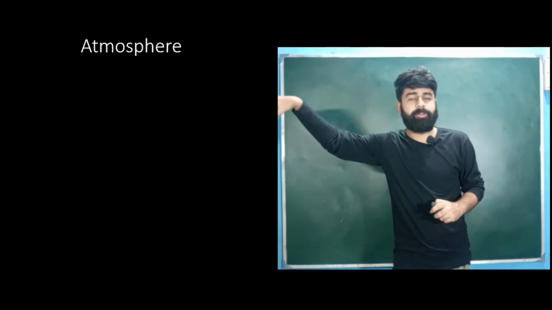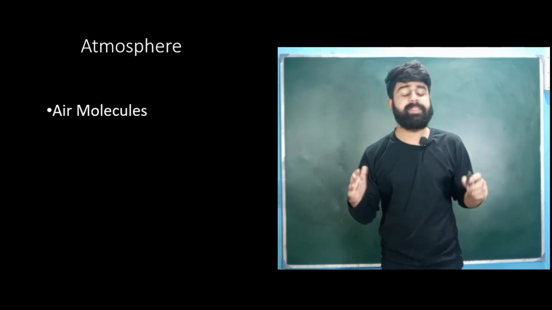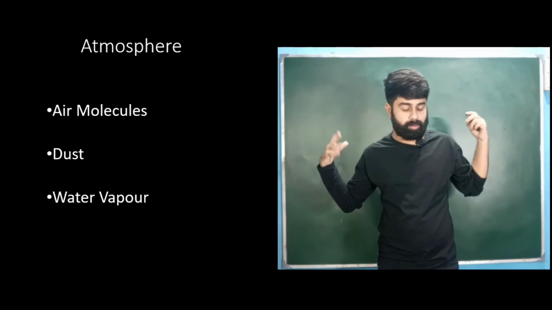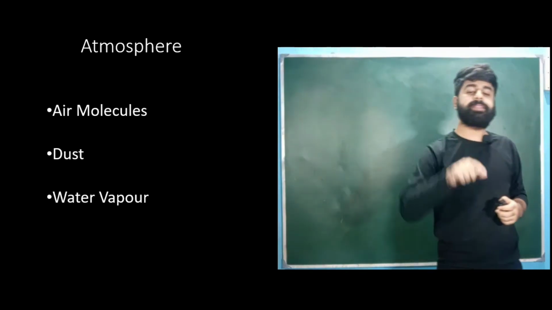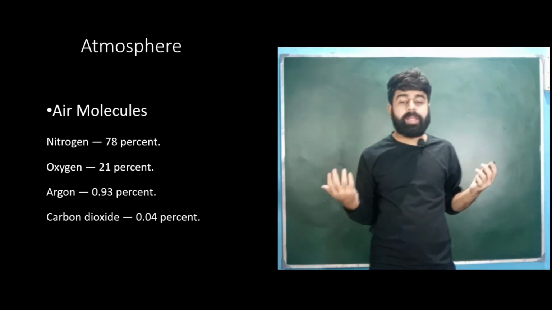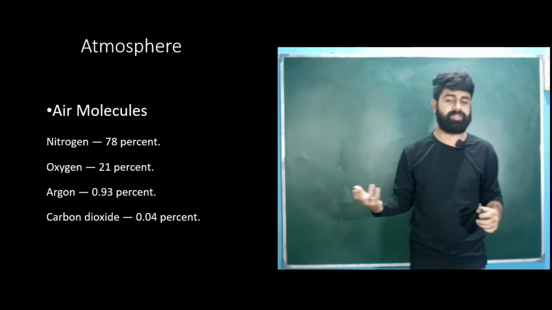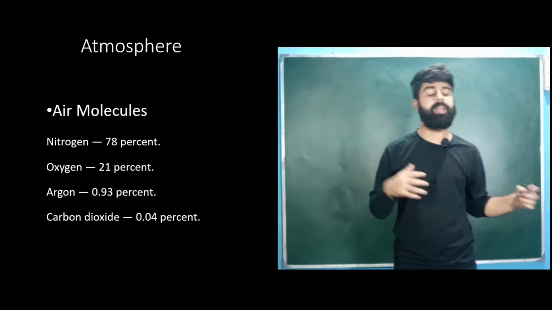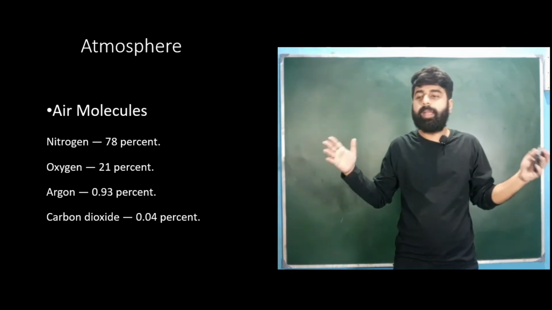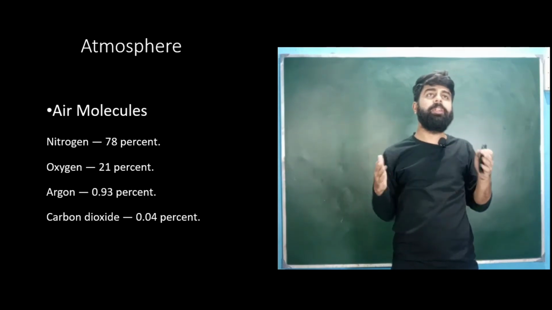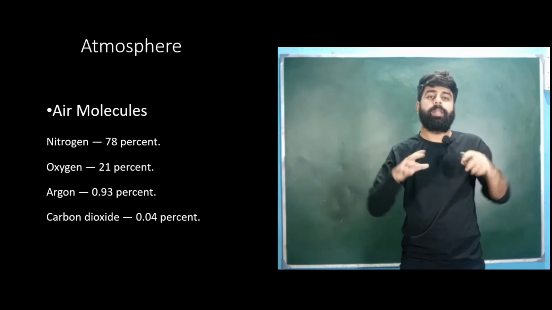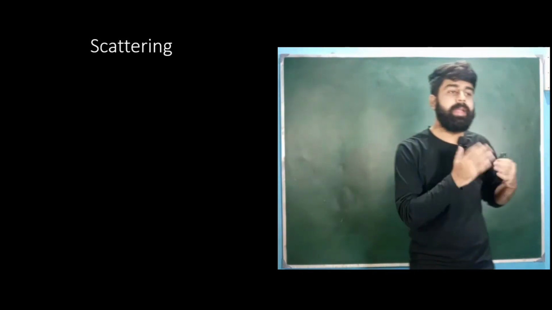Now look at the atmosphere. There are a lot of air molecules in our atmosphere. Dust and water vapor, we have to include that also. If you consider the air molecules of the total atmosphere, we get nitrogen as 78%, oxygen as 21%, and argon, carbon dioxide, water vapor and whatever, about 1%. It's kind of weird that everything in air molecules is about the same size as the wavelength if we convert into particle size. Alright, so they can interact.